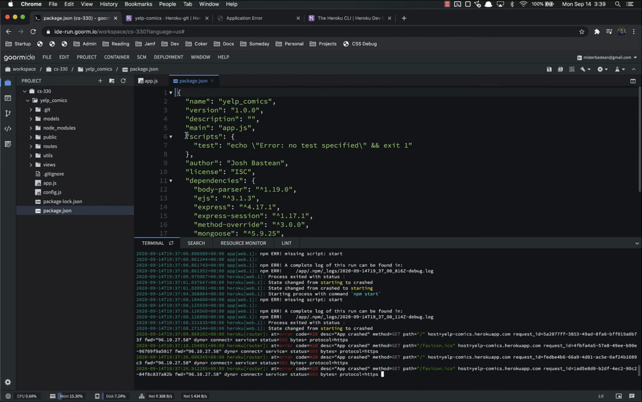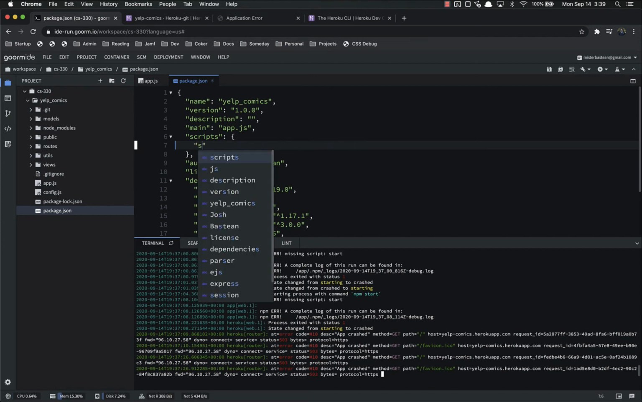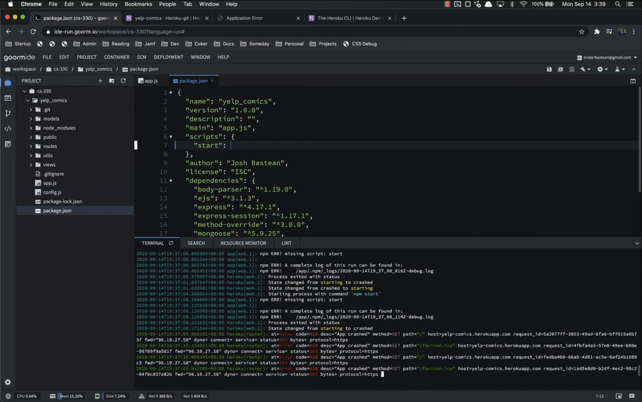And then we have this little section called scripts. Right now, scripts is a JSON object that has test, which basically just says, hey, there are no tests, and exits. So we can go ahead and just delete that. We don't need test at all. Instead, we want start. And our start script is going to say node